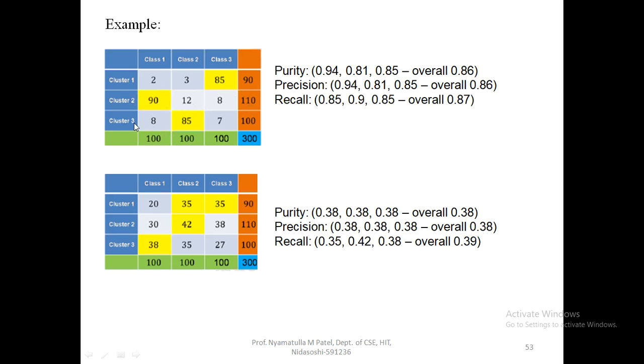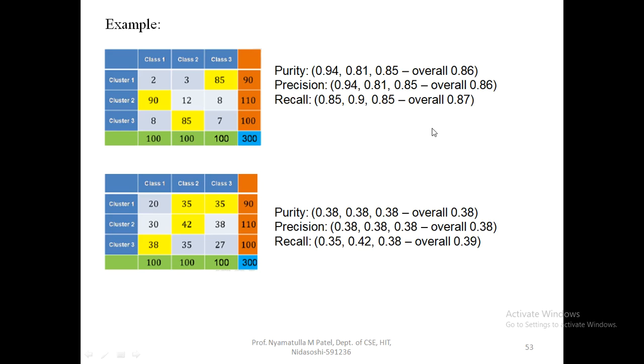So, total is 110, and cluster 3 is having 8 points from class 1, 85 points from class 2 and 7 points from class 3. So, total is 100. So, 90 is the total number of points in cluster 1, then 110 in cluster 2 and 100 in cluster 3. So, total number of points is 300.